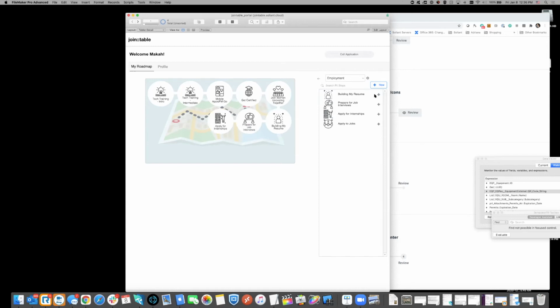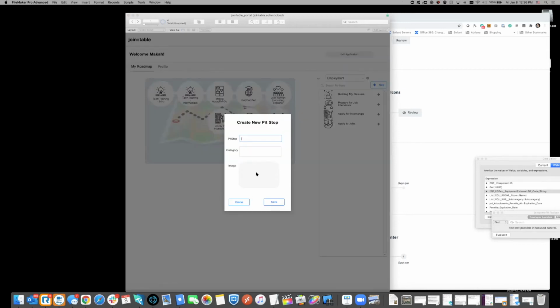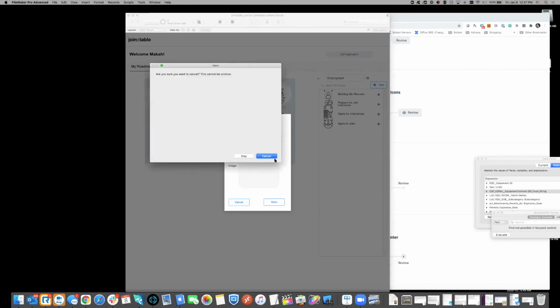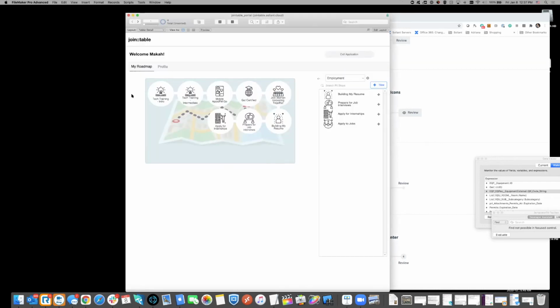So here we go. We build a roadmap, and if there is something in here that doesn't exist, I can create my own pit stop here, and I can even select from a bunch of images that I stole from the internet. I'm gonna just cancel out of there. So now I've decided, here's my map that I want to go. And so I'm going to click on the first one. What specific items, what specific tasks do we want to accomplish for our tabler for us to consider this pit stop complete? So maybe it's watch